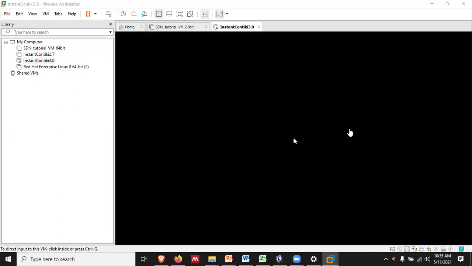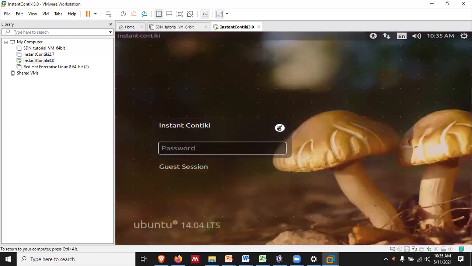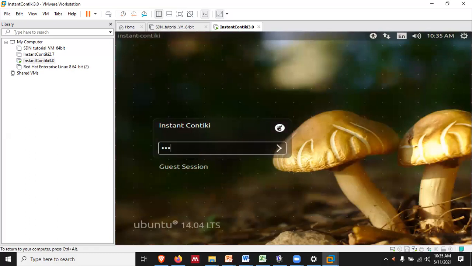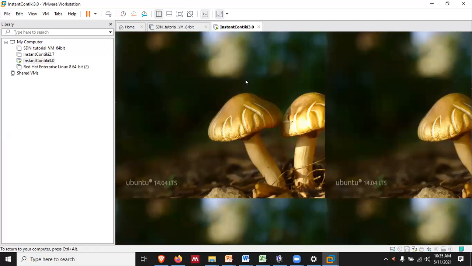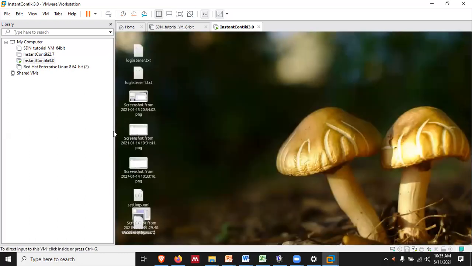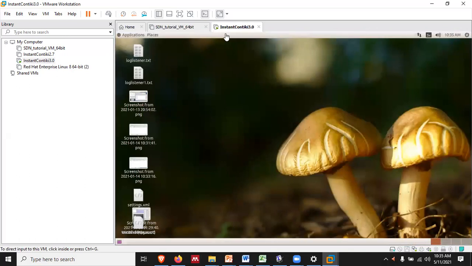So this is one of the virtual machines which is available to us, right? So we can get started with the password, that is user, and this is the default for every Contiki 3.0 or 2.7 operating system which you install in your desktop or laptop, right? So you will see over here that once you get started with this, you will have the desktop over here. This is another operating system, Ubuntu operating system,